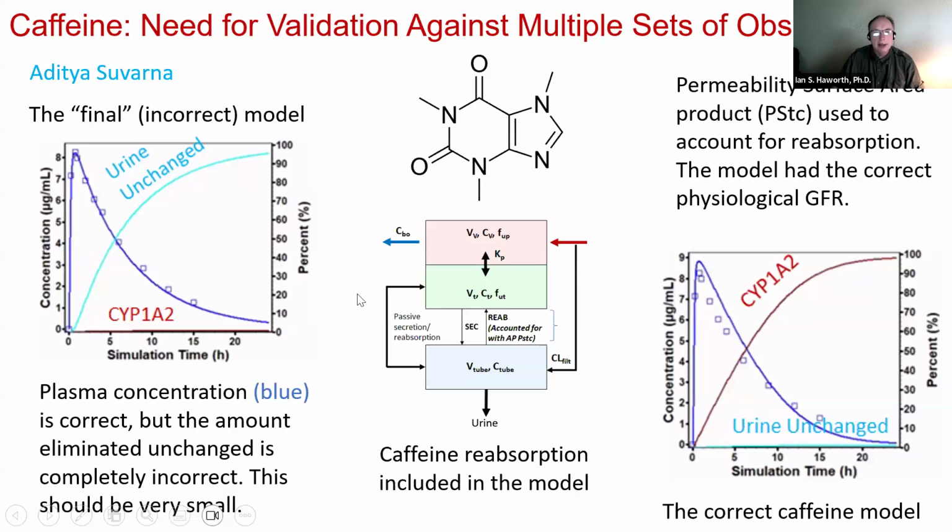And so that led to much more work, eventually understanding that we must include significant caffeine reabsorption in the kidney. And once we've done that, we can still reproduce the plasma concentration time curve. But now we are also getting the full 90-something% metabolism. So this now is correct. But it would have been very easy for us to just sit on this plasma curve and say we're good. But this would have been really quite wrong. So again, this idea that you must use additional data.